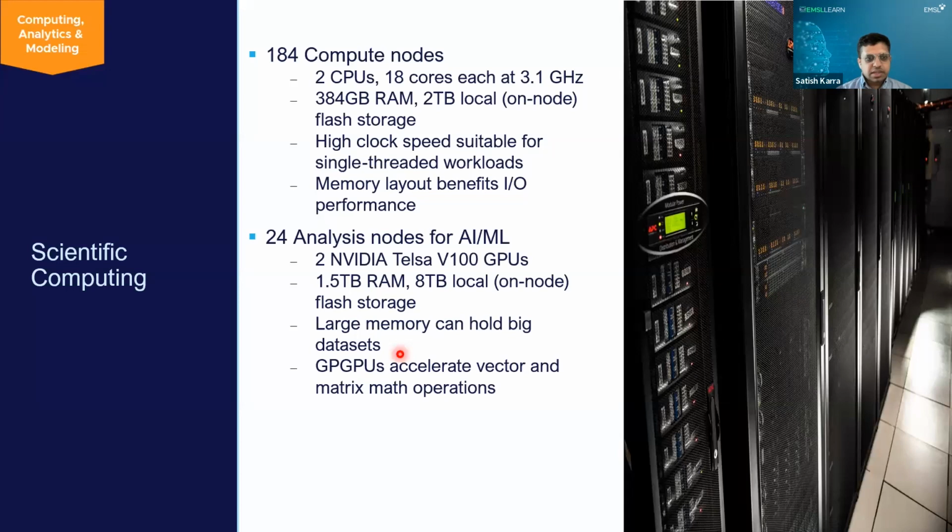And then, as I said, the scientific computing, I just wanted to quickly go into the details of the scientific computing heterogeneous machine Tahoma. So we have 184 nodes, and 24 of these nodes are specifically dedicated for AI, ML, and these are NVIDIA Tesla GPU for AI and ML that users can use for the development of computational methods. And if you have any questions with regard to the computing resources at EMSL, please reach out to me.